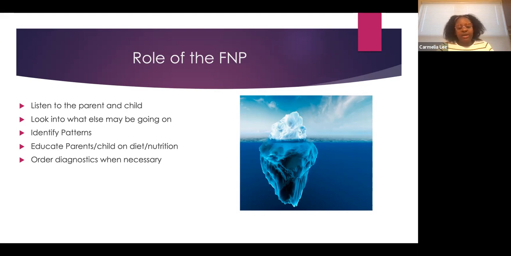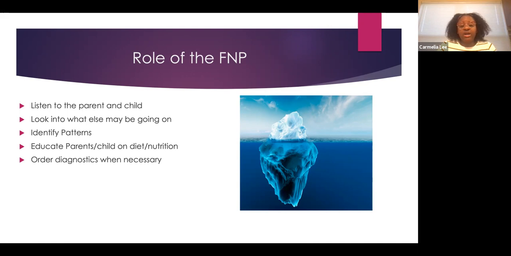You want to educate parents and the child on proper diet and nutrition: fruits and vegetables, water, fiber. If it's a case of celiac disease, restricting dairy, restricting gluten in the diet. So it's really making the education appropriate for the condition. A lot of children, when they're having constipation, they need to reduce their dairy and increase their waters. So those are all things that you would discuss in your visit.